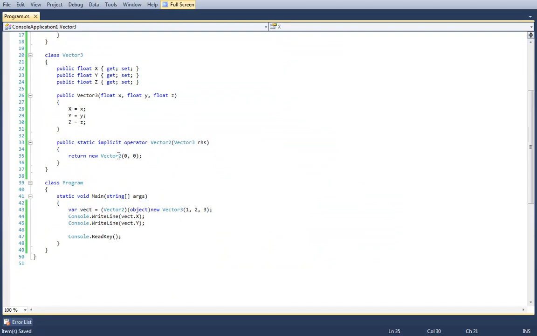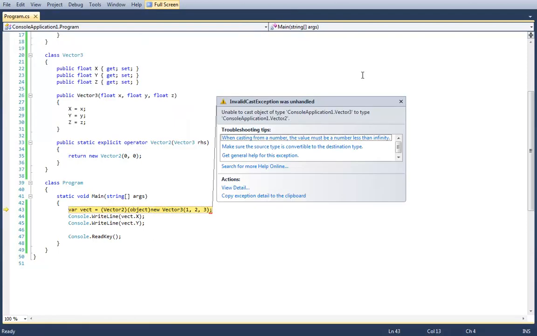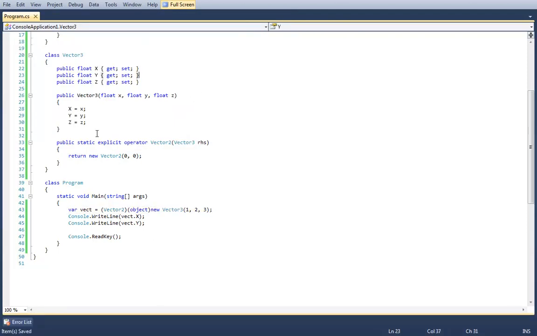All right. So that's an implicit operator, or implicit conversion. Let's talk about explicit conversions. An explicit conversion is, well, a conversion that you must specify explicitly. So presumably this has basically the same behavior, except you can only do it by bracketing it. Right. Yep. So while an implicit conversion will implicitly also handle explicit conversions, an explicit conversion may only handle explicit conversions. So let's notice some interesting things about this.